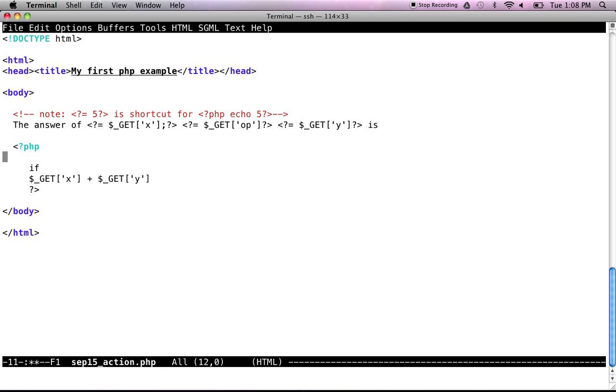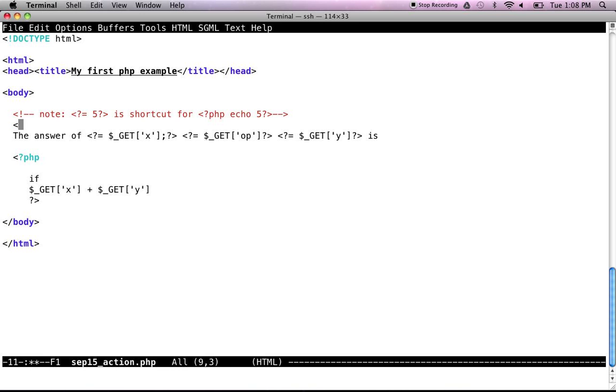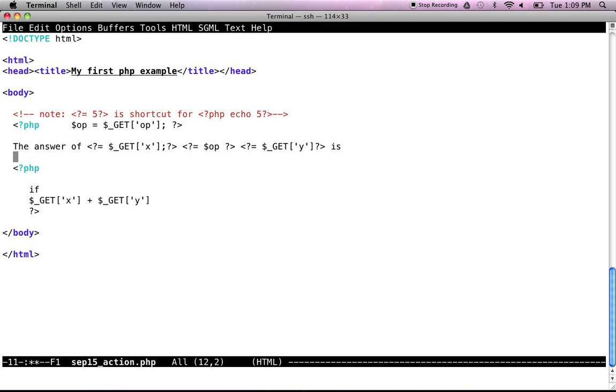Let's give this a shorter name up here. Op is plus, echo this. Let's make these other ones have shorter names as well.